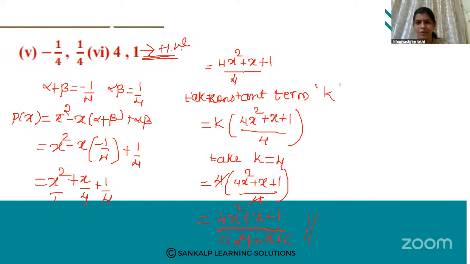This is homework for you. There is no denominator. Directly, what should you do? Substitute the value of alpha plus beta and alpha into beta into this expression. Then you will get the required polynomial. You will do it, right? So next, shall we move to